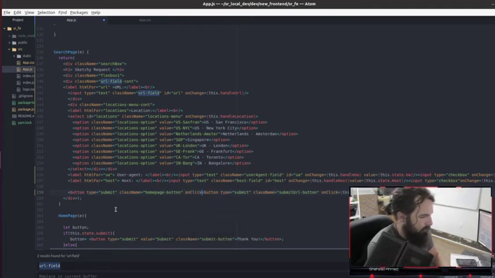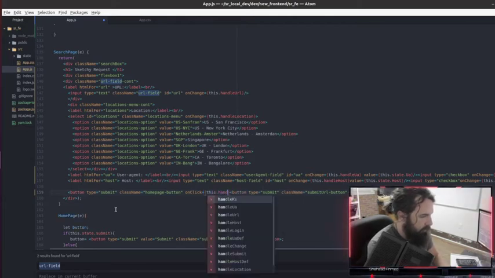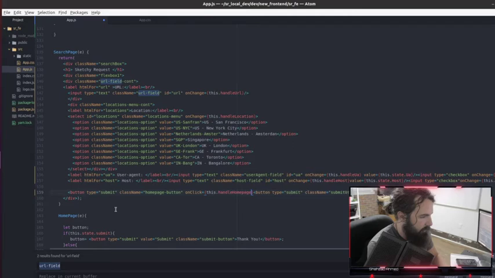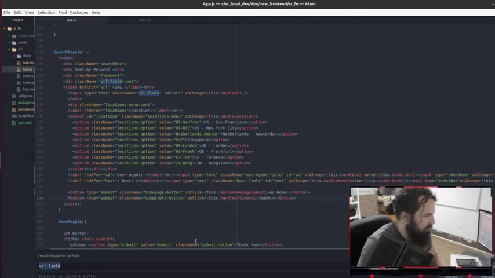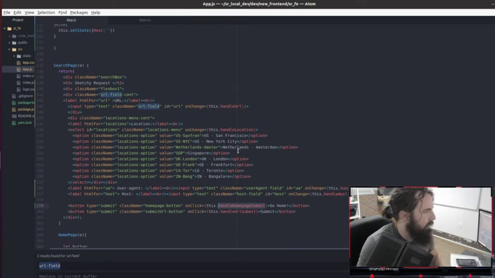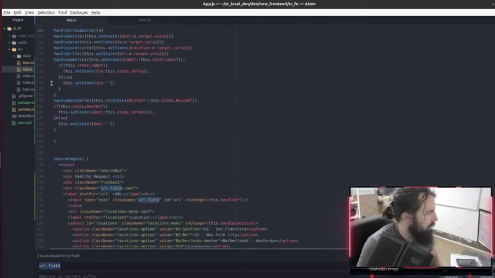On click equals this dot handle homepage submit. Go home. I'm just gonna put these on two different lines. I don't think it really matters. We're gonna copy that function name, go up here and do all of the things with the function.